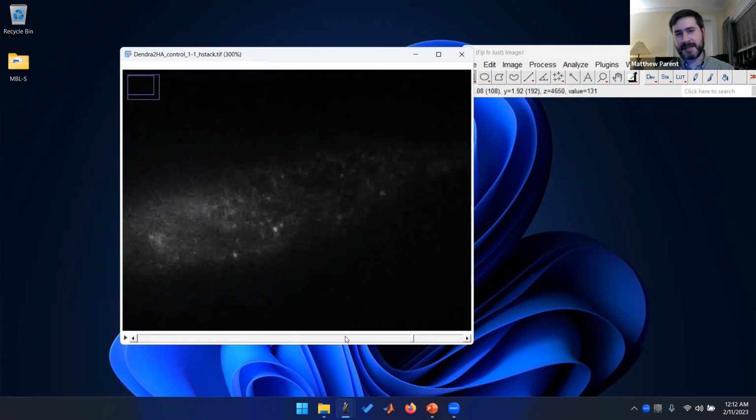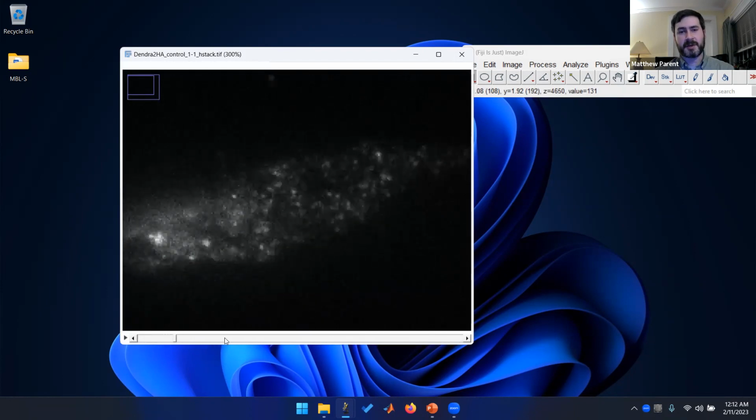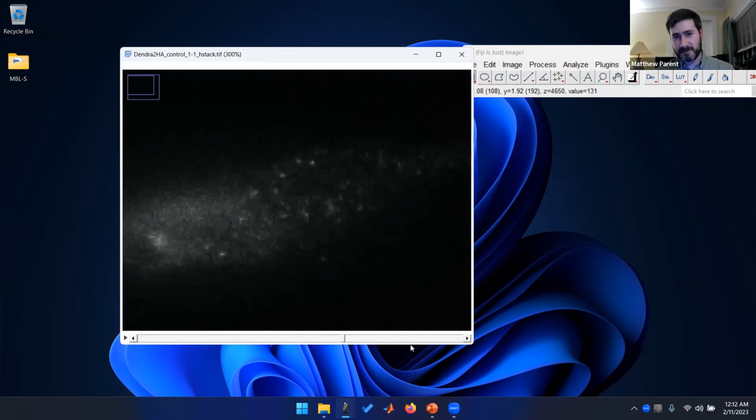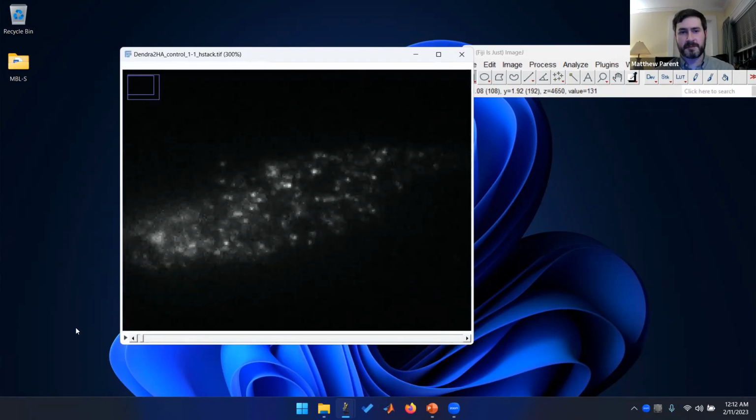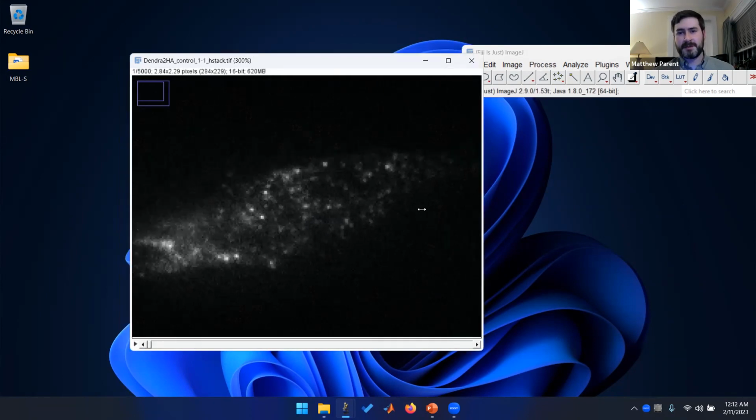And that's something that happens, of course, while you're imaging. As you start bleaching out molecules, the number of molecules per frame should reduce, and you can try to overcome that by increasing laser powers as you image, ramping it up, but eventually you're going to run out of molecules. So we have our data set,